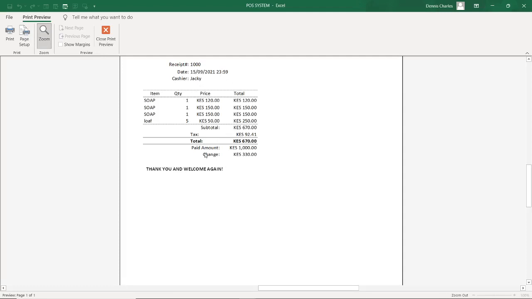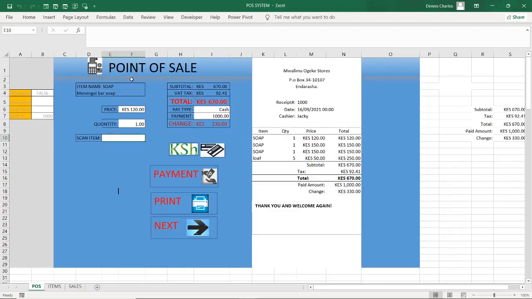It has printed with all the items that you bought, the amount, the subtotal, the tax and the total amount, and the paid amount is 1,000, and the change you were given is 330. Then thank you and welcome again. So if I close this, I've just made it in a way that for now,